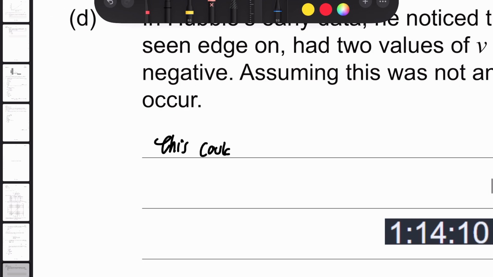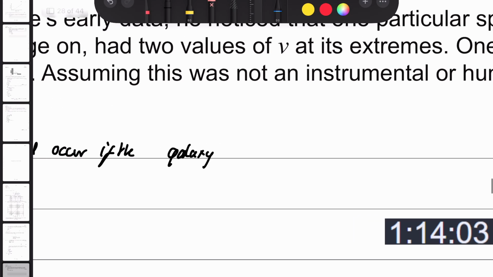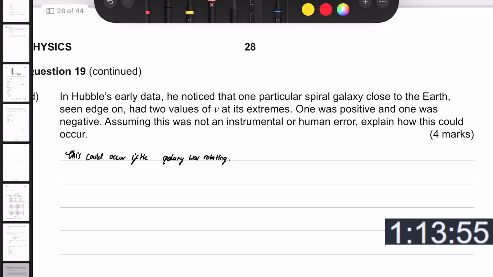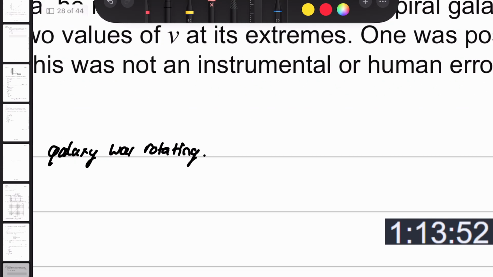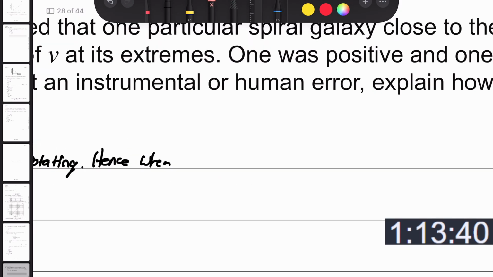This could occur if the galaxy was rotating. Hence, when viewed edge on,